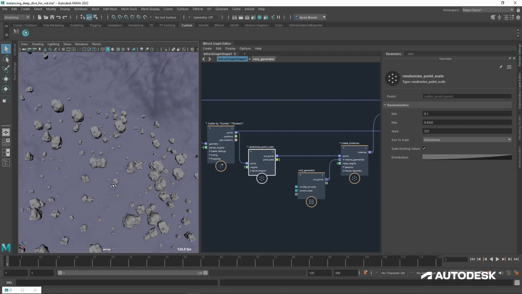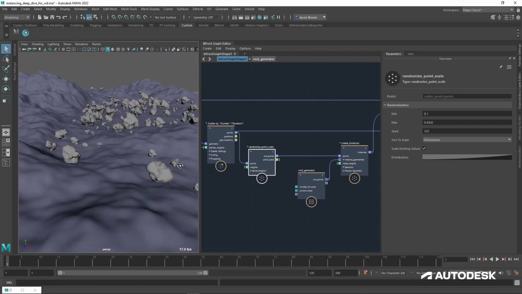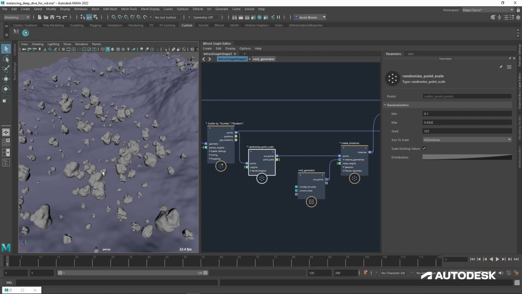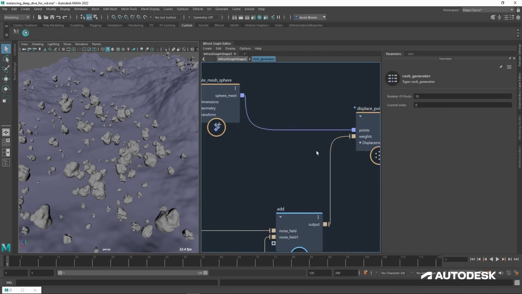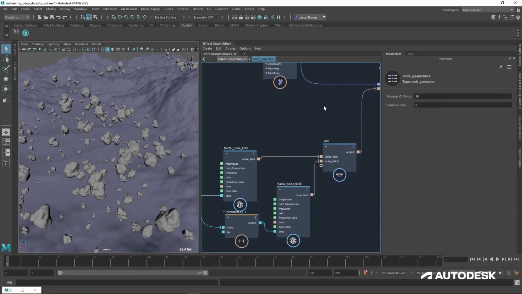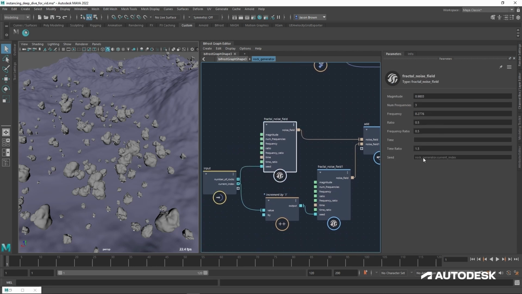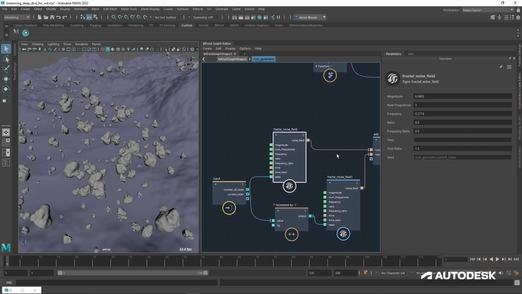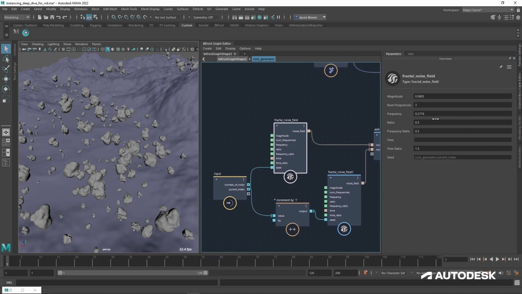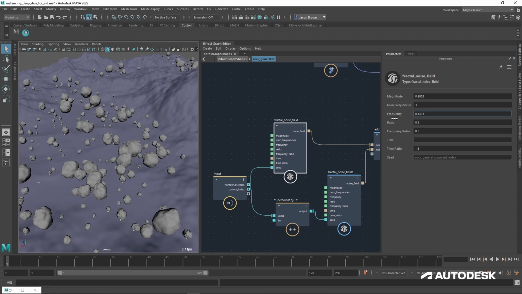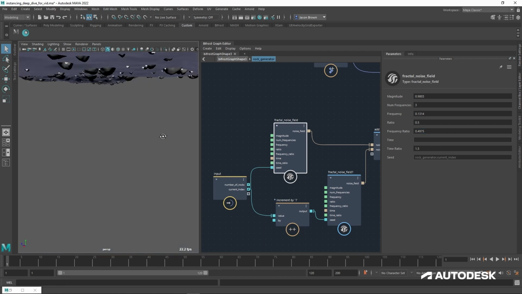They're all sort of standing on their noses, sticking into the ground and hovering and doing all kinds of weird and wonderful things. Now just remember that Bifrost is non-destructive and it's procedural. So if I go in here and I change the seed, I can't change the seed, I'm using the seed for something else. But if I go in here and change the frequency of these rocks, you can see that every single one of them changes. So we'll take that down. We'll take the frequency ratio. It's a bit puffy now. We'll take the frequency ratio to about there. And it's happening to every single rock.